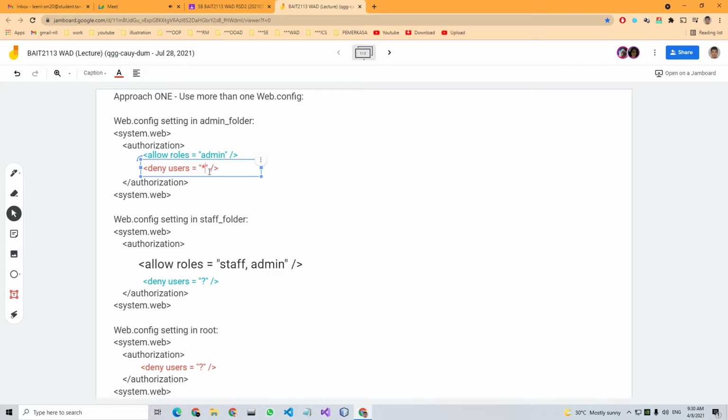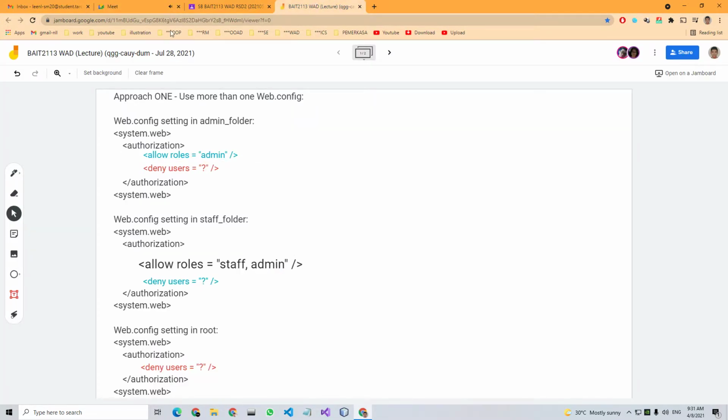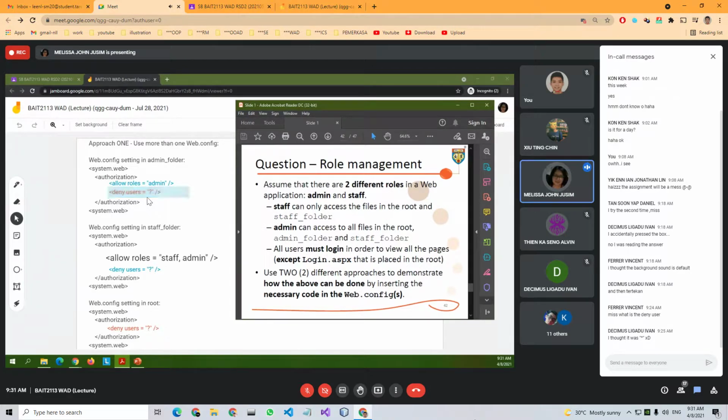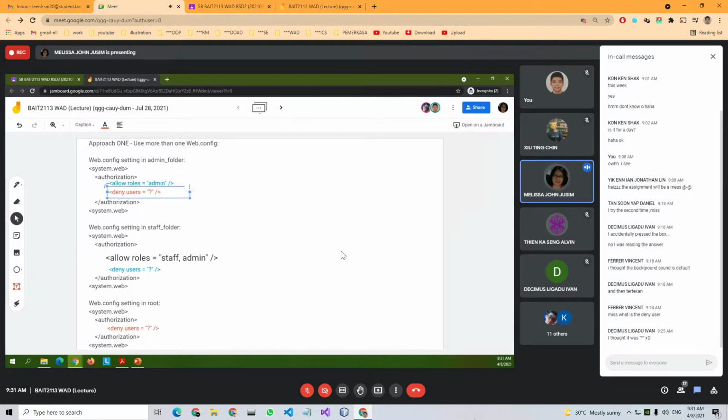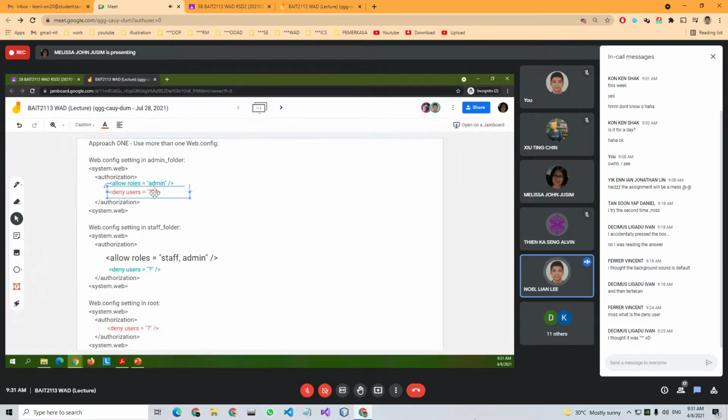I think this one could be true. As long as the admin can go in and then you deny all other users, including the staff, right? But initially my answer was this one, the question mark. Do you all agree? If you use star or question mark, does it make a difference?